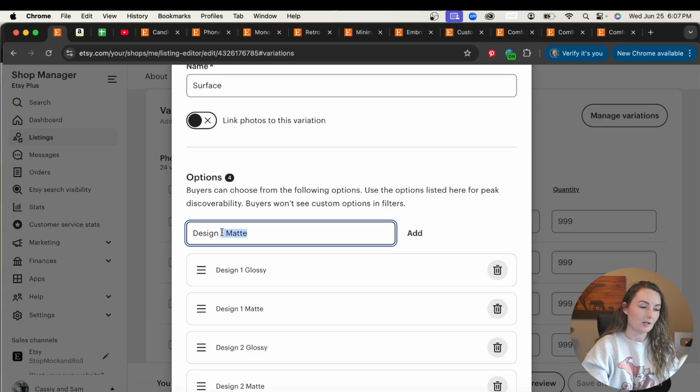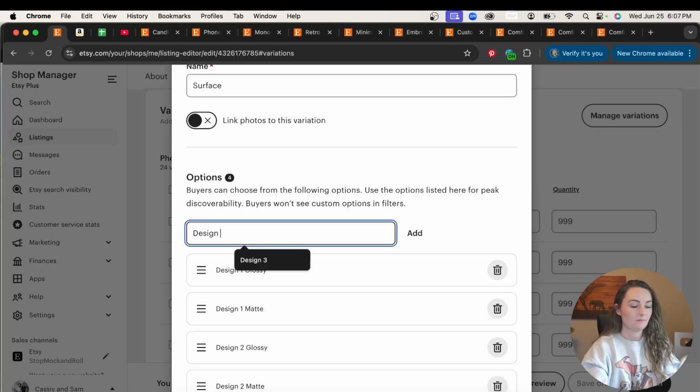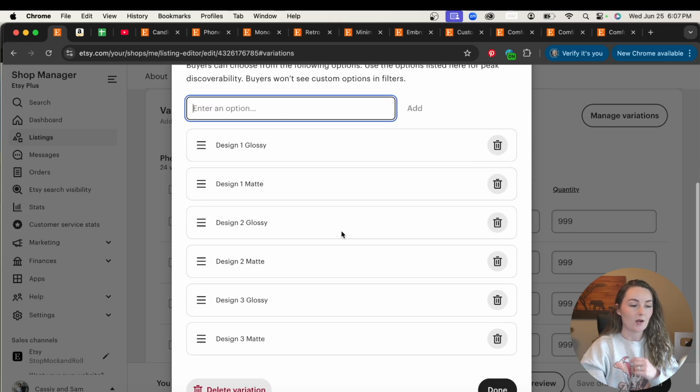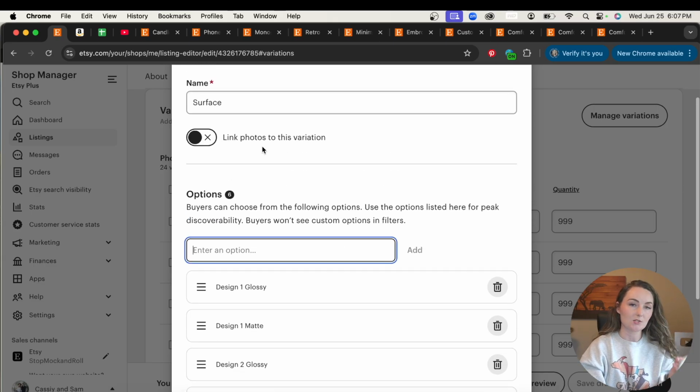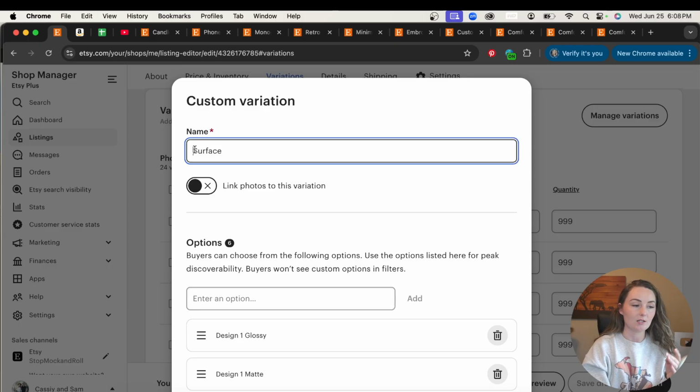Then we'll do design 3 glossy, design 3 matte, okay? And so I do need to have you name this a certain thing for the name of this custom variation. So for this one, we're gonna do